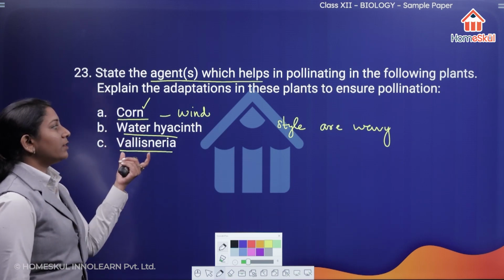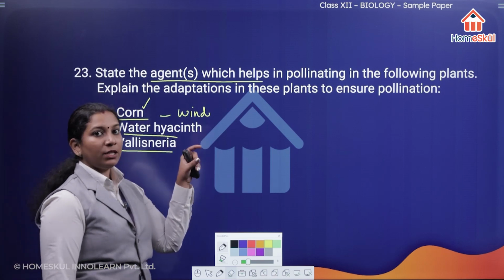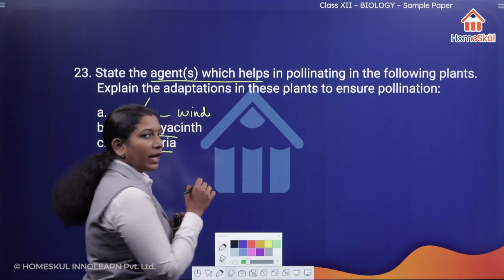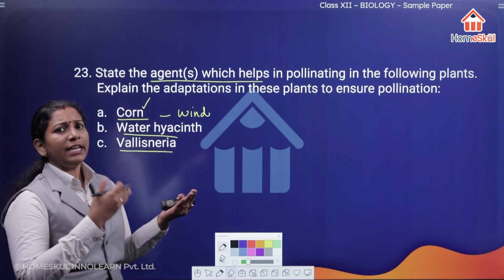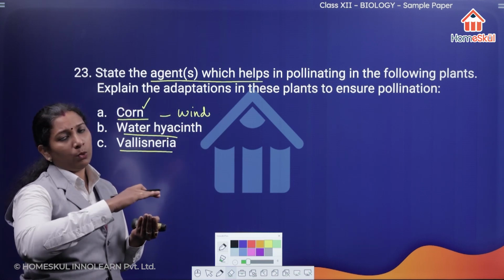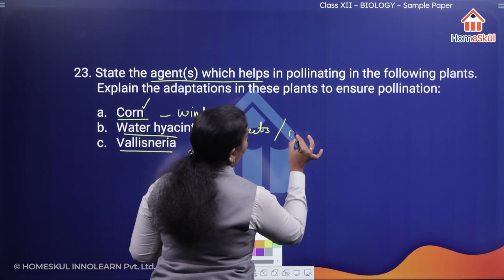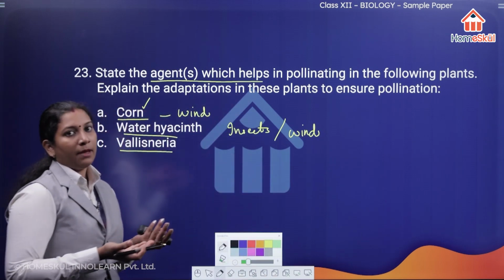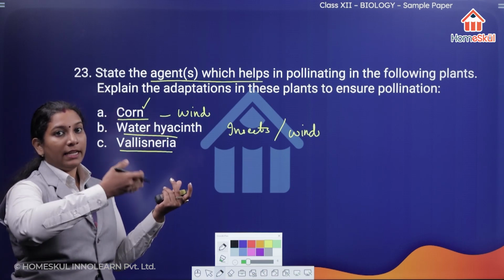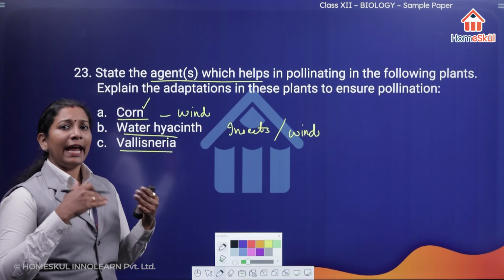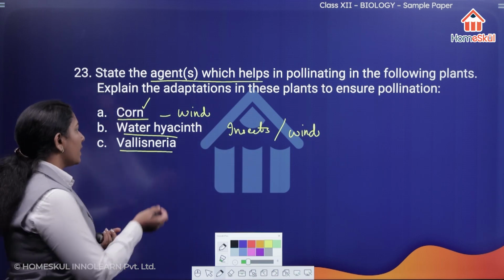And the next one, that is water hyacinth. In water hyacinth, the flowers will be present above the surface level of the water. So, like any of the land plants, the flowers that are above the water level will get pollinated by certain insects or wind. So wind or insects may be the pollinating agents in water hyacinth plants. The flowers will be present above the level of the water, so like any of the land plants, the insects or winds will be acting as agents. Then in Vallisneria,